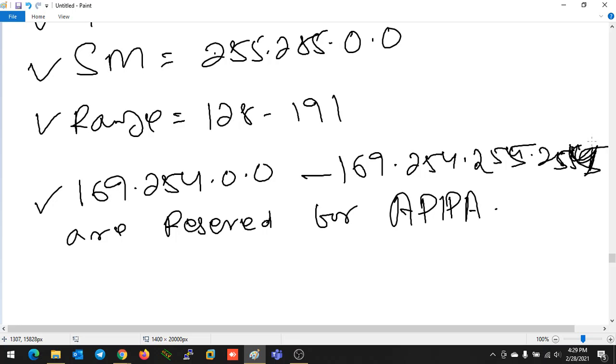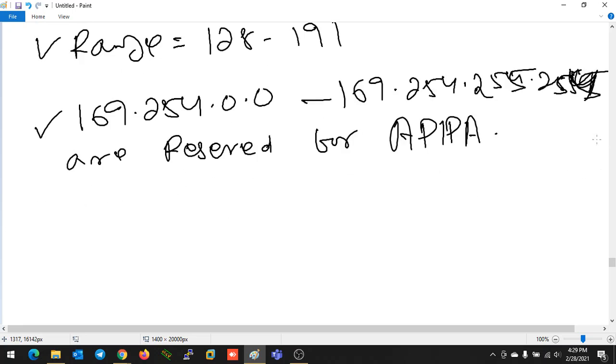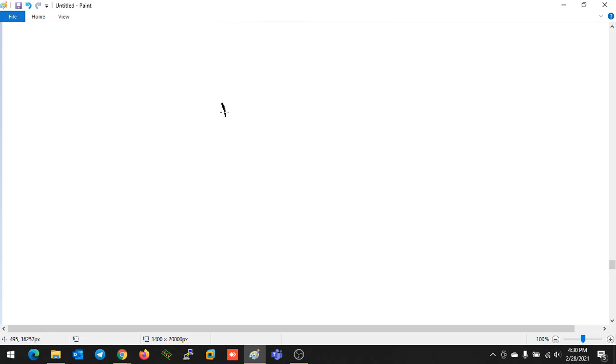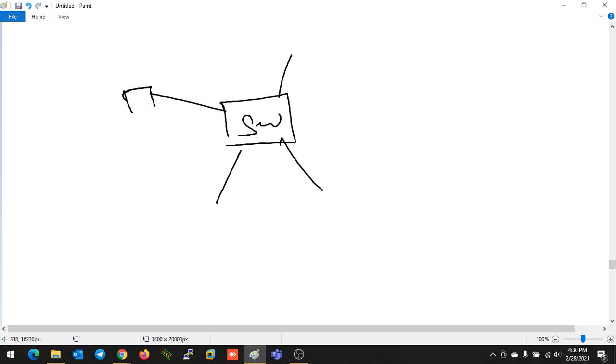In the case of Microsoft, there is a feature named Automatic Private IP Addressing. If you are trying to get an IP address through DHCP on your Microsoft device, and the DHCP server fails to assign an IP address to you, your device will automatically assign itself an IP address. So why is Microsoft offering this kind of feature? If you have no idea what IP address you are going to configure, for example, say this is a switch or this is your network, and you have connected 4 devices.